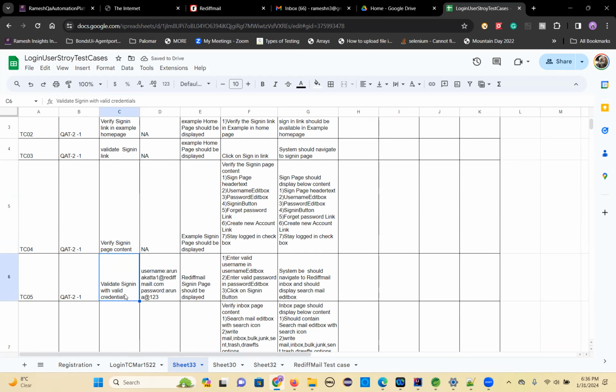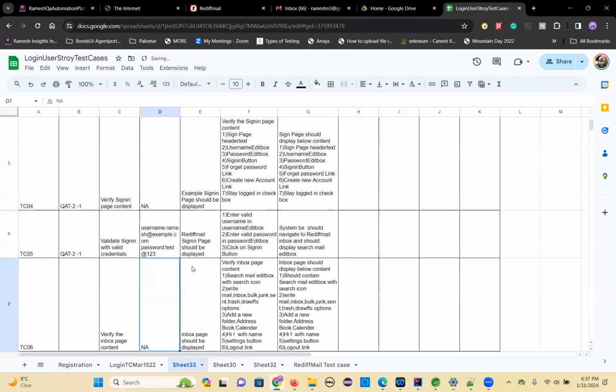Validate sign in with the valid credentials. That's what we are doing. You can give any name, okay? Ramesh at example.com. So I can give the password test @1. You should create these first, okay, and only then will you get all this. So the example sign in page